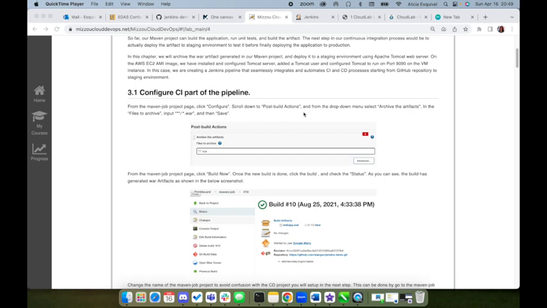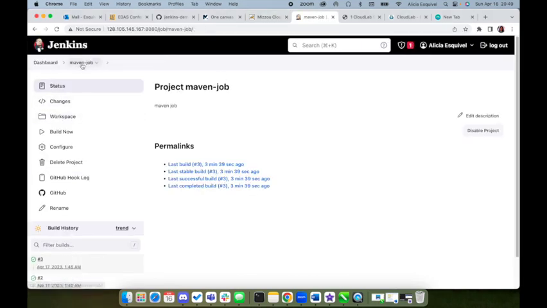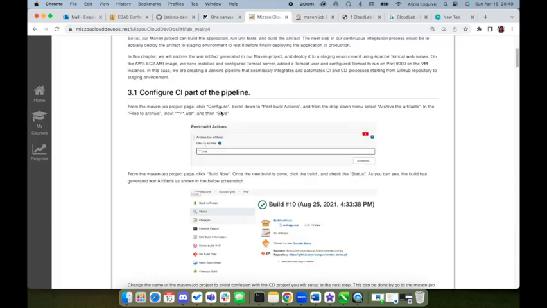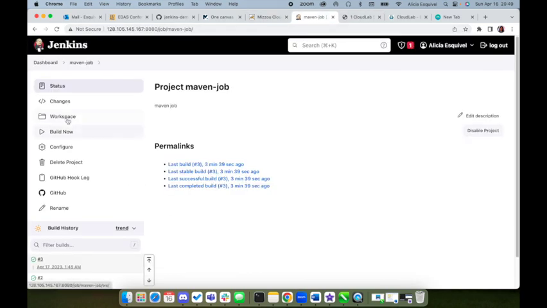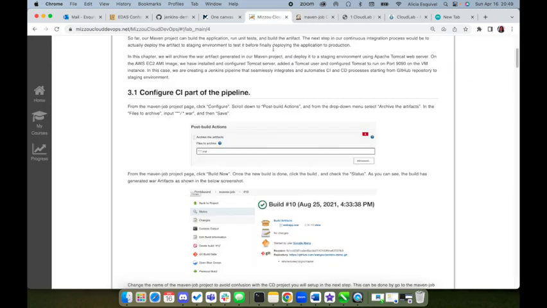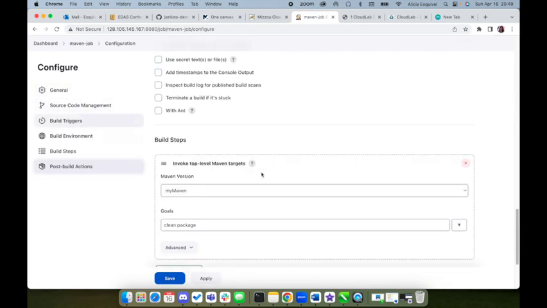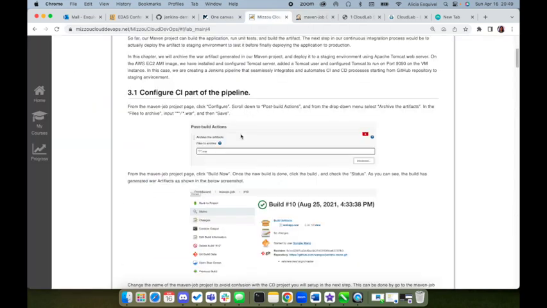So the first step is to configure the continuous integration part of the pipeline. So for doing that, we are going to go to the Maven job that we just created. So it's in here, we are in the Maven job, and then what it's telling us to do is to go to the configure tab, which is this one, and then we need to go to post build actions, which is this one, and we need to add archive the artifacts, or what we just created,